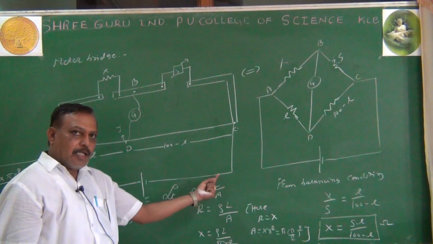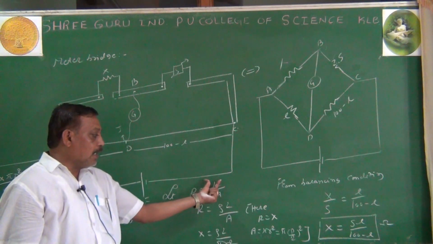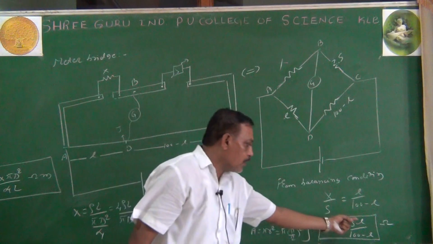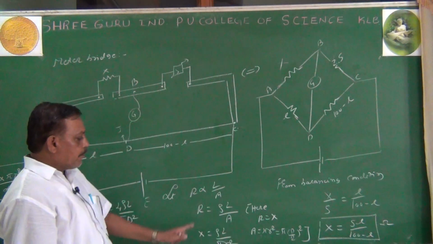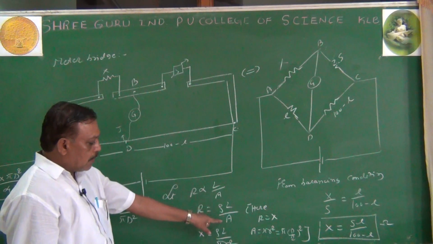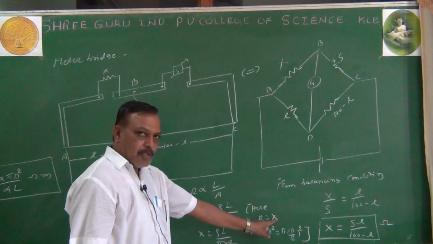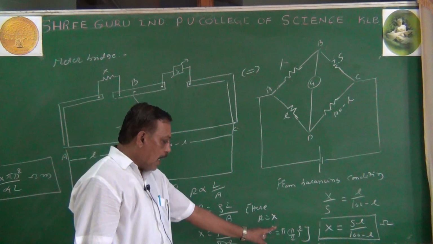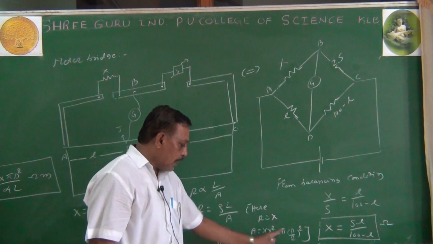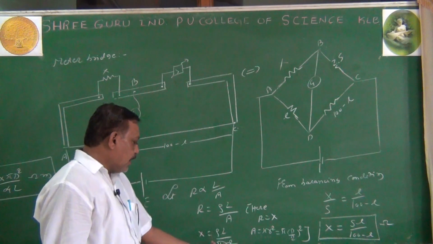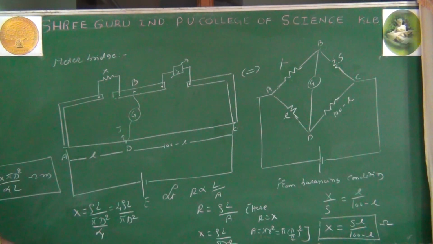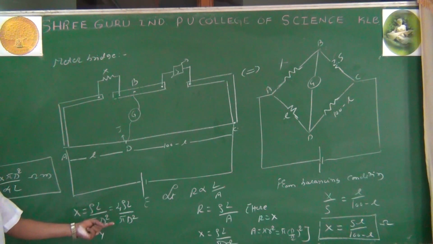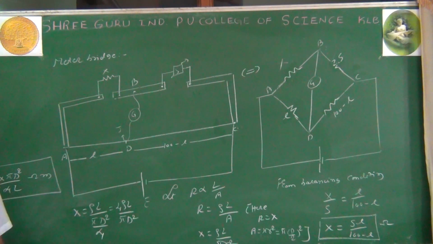R is directly proportional to L and inversely proportional to cross-section area. You take capital L, because small l is meant for the balancing length. After removing the proportional sign, R equals rho L divided by A. Here R is the resistance of the unknown wire X, and A is pi r square. Half of the diameter is the radius, so X equals rho L divided by pi d square by 4. The 4 goes to the numerator, so X equals 4 rho L divided by pi d square. I need the resistivity rho equals X pi d square divided by 4L, and its unit is ohm meter.